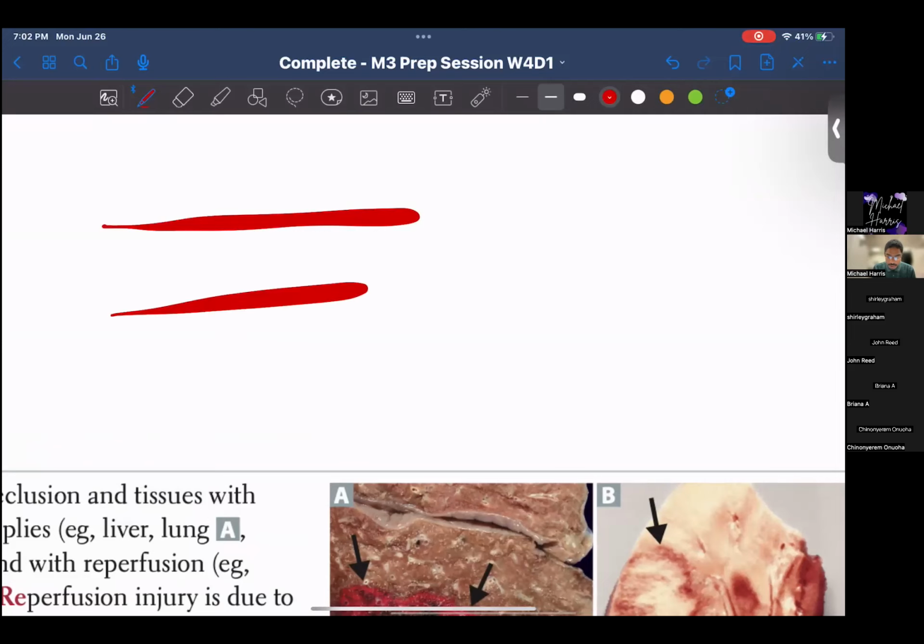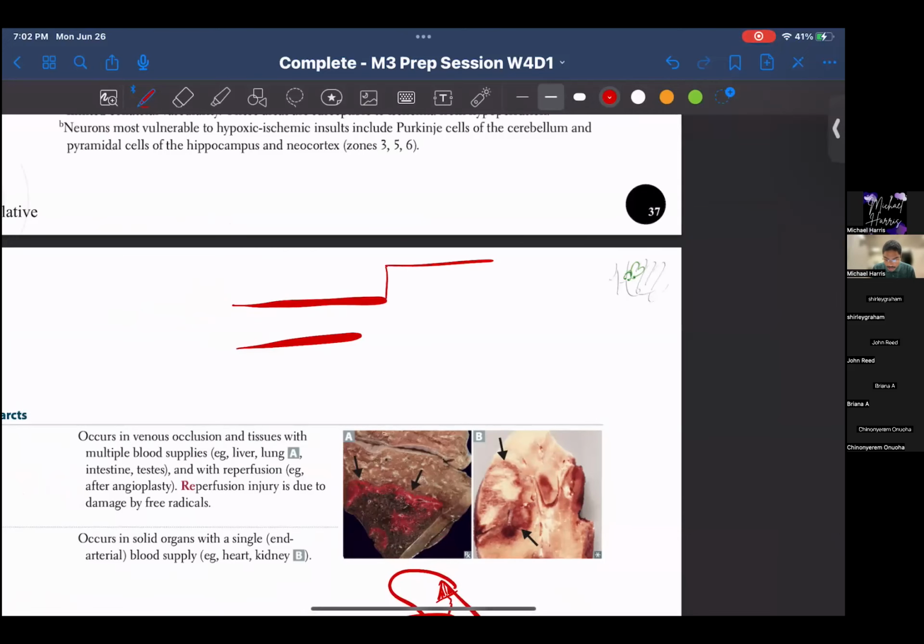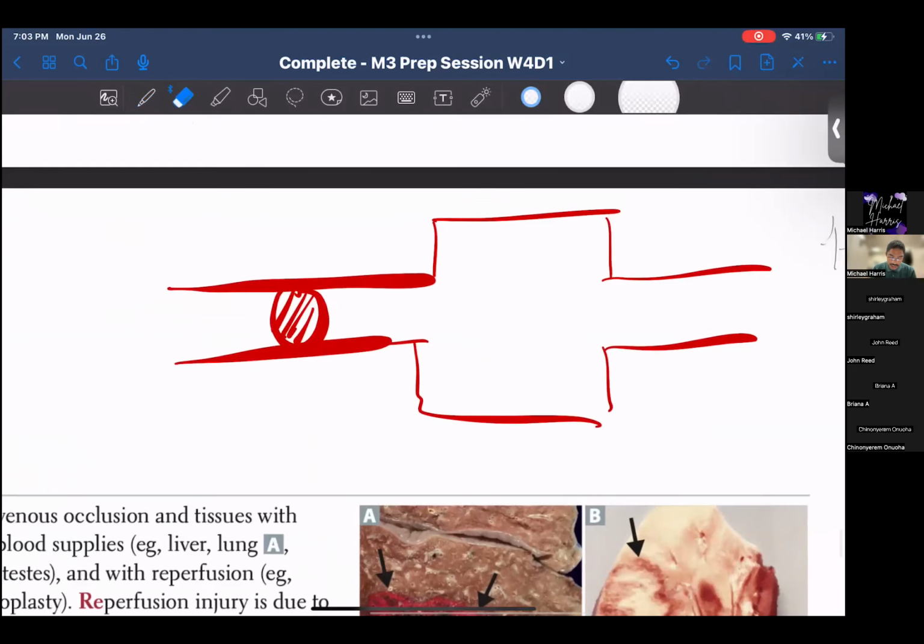You have various ways that you can undergo an infarct. One is you block it here. The organ no longer gets blood and it undergoes infarction or tissue death, right? That's what infarction means. The second way you can get tissue death is if it blocks here